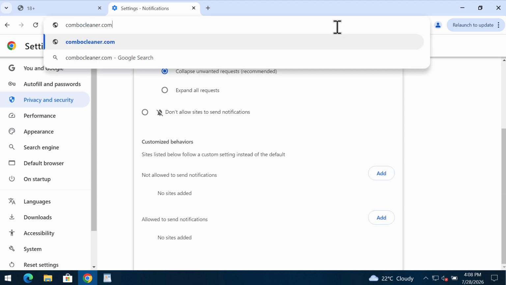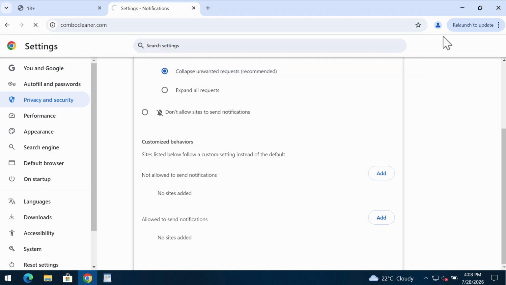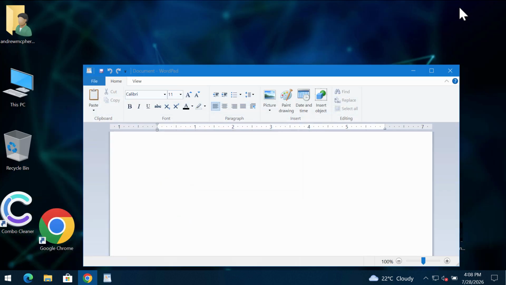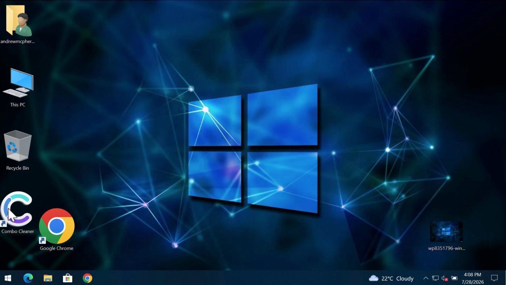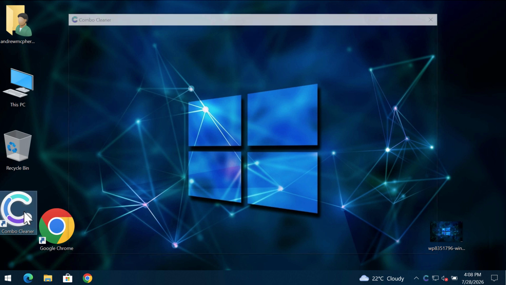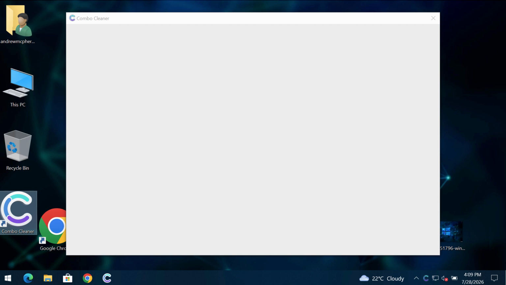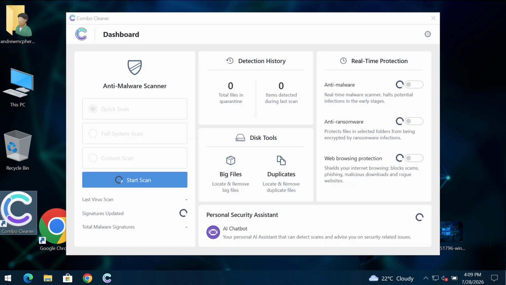I also recommend you to research the system with Combo Cleaner. Go to the page combocleaner.com, download it, install the application, and then once the software is successfully installed, start researching the computer. Combo Cleaner will definitely help you to detect and then effectively eliminate all other threats which could still